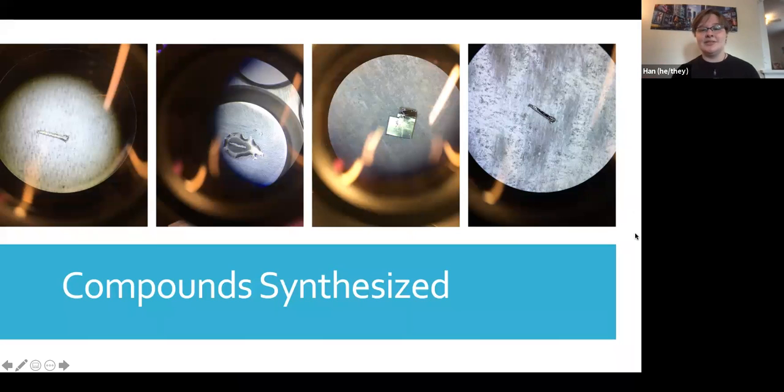So here are some of the compounds that we synthesized. These three, the first one, the second one, and the fourth one, are actually all the same crystal. I believe it's uranium cobalt 2 tin, and it's this thin needle-like crystal. You can see that we took this picture through a microscope. So it is quite small, but it's actually visible to the naked eye as well, which is pretty impressive for this crystal synthesis process. And we took pictures of it at different stages of the process.